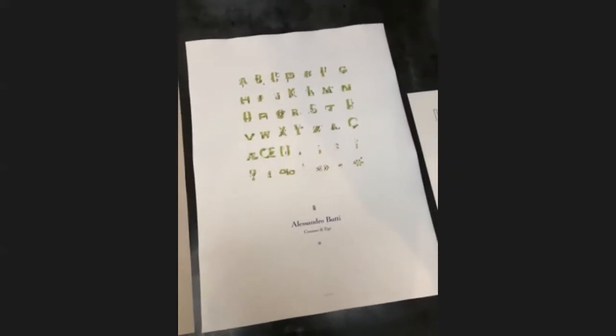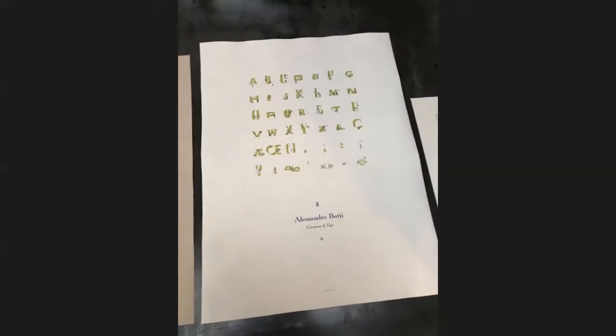This is another poster we printed to commemorate Alessandro Butti. Alessandro Butti is a person that we really like. It's very important for us because he was the teacher of Aldo Novarese. So he was the second art director of the art studio of the Nebbiolo Foundry, and he also created